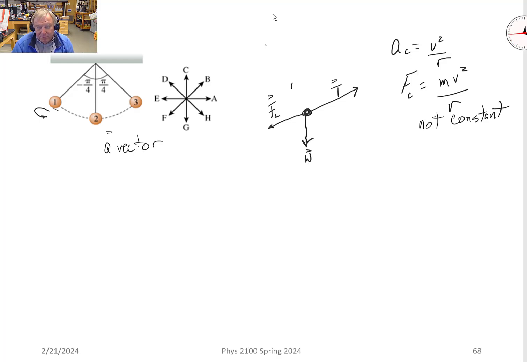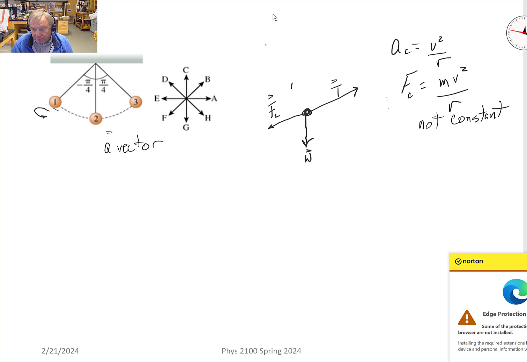And so there's no centripetal force. But we have